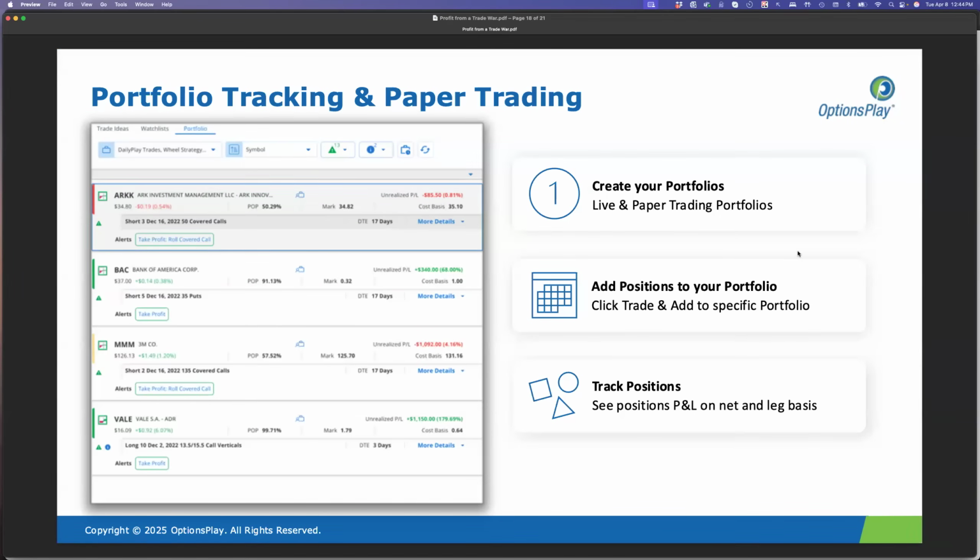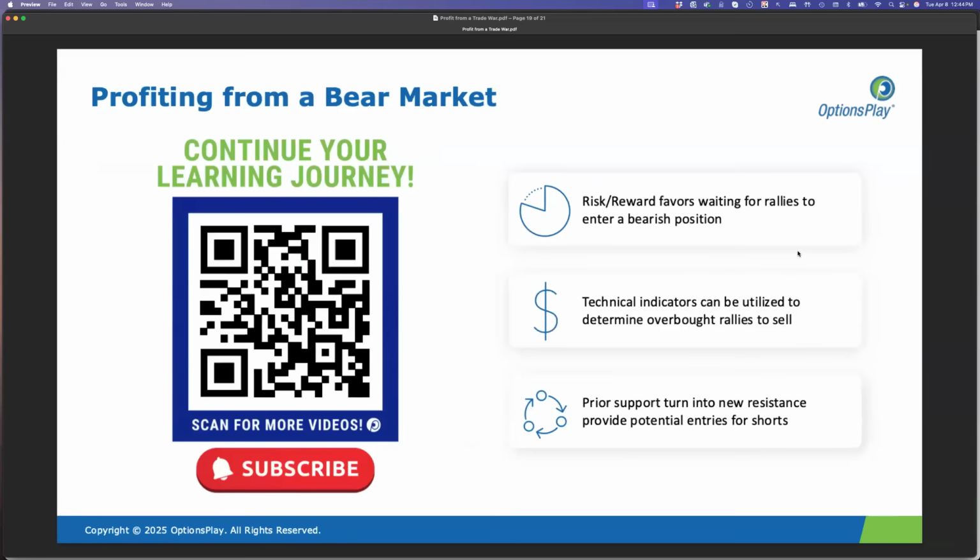Now, like I said, we have the portfolio tracking and paper trading, which I highly encourage. But if you want more on these strategies themselves, I did record a session a couple of months ago on these specific strategies. If you want in-depth examples of trading those strategies, you can point your phone to that QR code on your screen. That's the video we recently posted on this specific topic and how to trade bear markets. But today, what we want to do is spend a little bit more time on the platform and show you